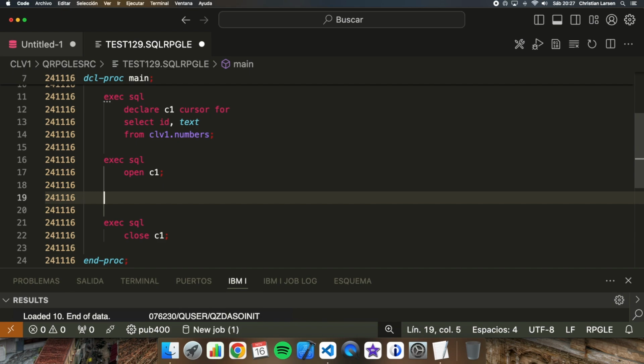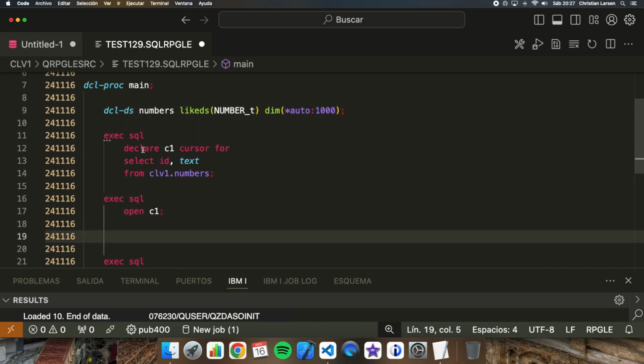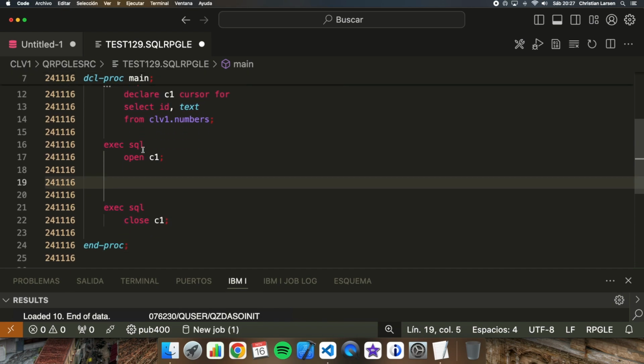Remember that this is an example, and maybe you should not close the cursor after fetching the data, if you are going to run the program once and again. But as this is just an example, no problem. Well, between these two statements, let's retrieve the content of the table in one go using